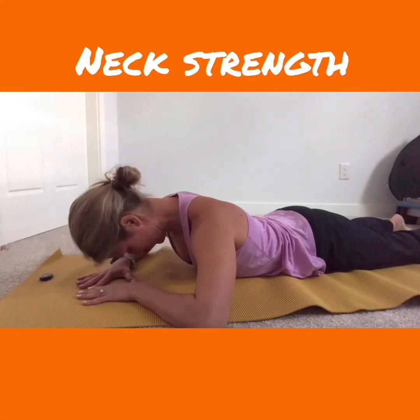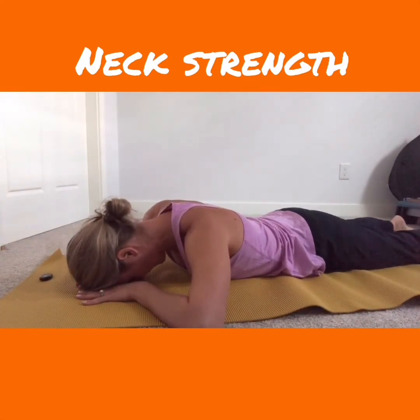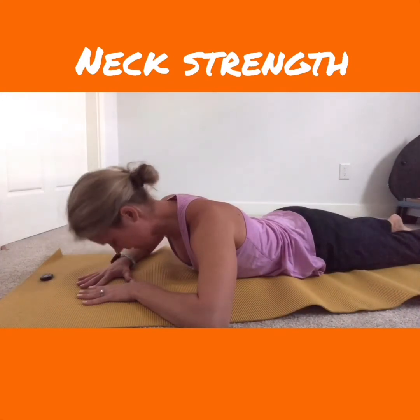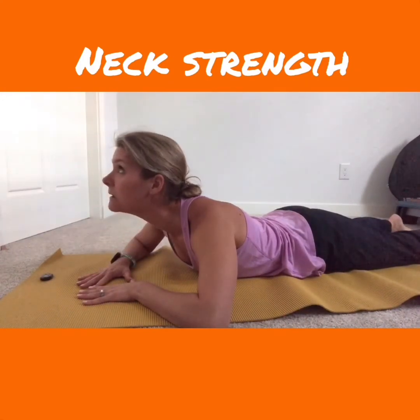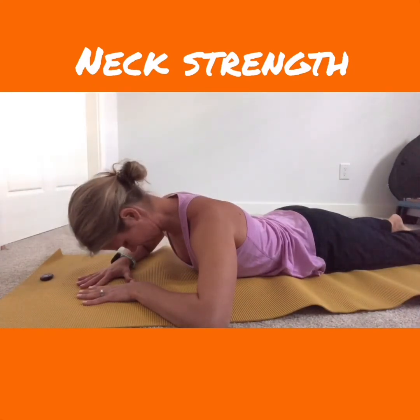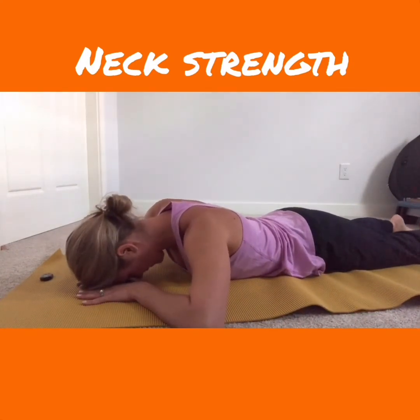chin drop, neutral, down. Now make sure this is pain-free. Some people can't do that extension. Just go within your pain-free range of motion. So lift, extend, chin drop, neutral, go down. Set,